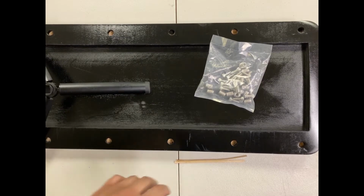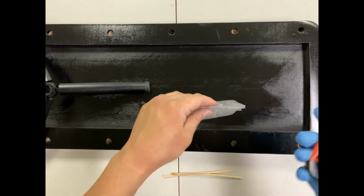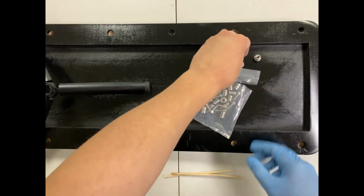In this video, we're going to show you how to use our threaded inserts. And these threaded inserts will come in a bag like this. And you can use